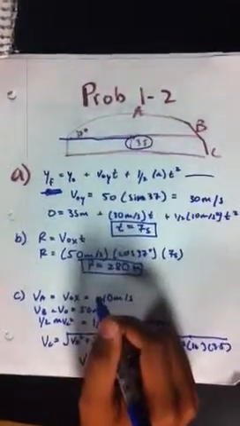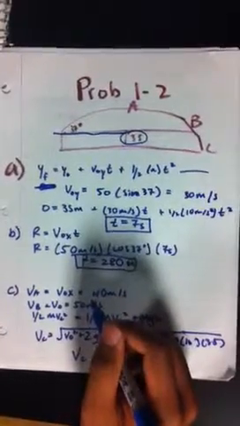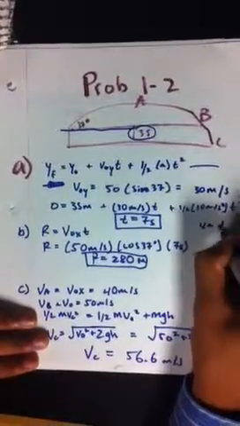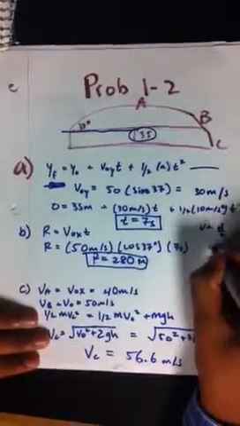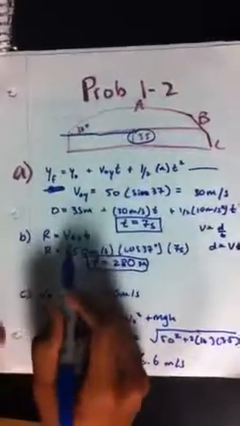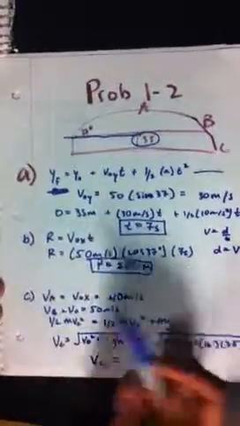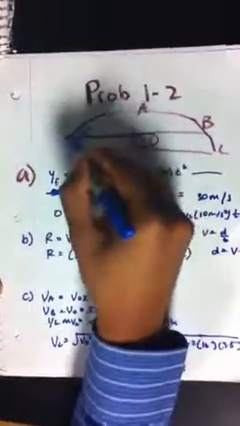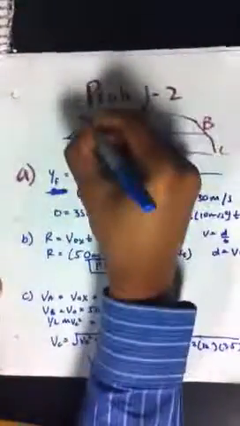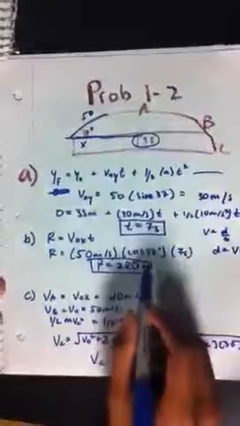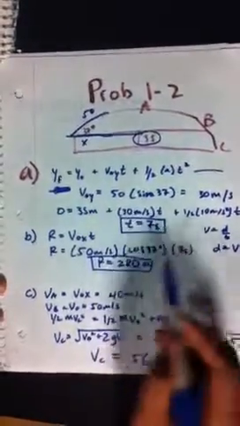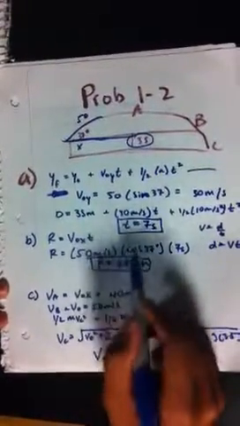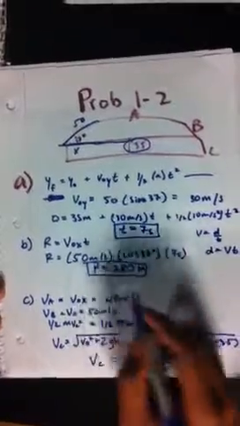For part B, it asks us to calculate the horizontal distance r that the projectile travels before it hits the ground. We can use the equation v equals d over t, and if you solve for d, you get d equals vt. So that's what we're doing here: the x component of the velocity times time. To find the x component of the velocity, you do 50 meters per second times cosine of 37, using the triangle right here. So this is cosine of 37, this is 50, and this is the x component right here. And to find distance you do v times t. So 50 meters per second times cosine of 37 times 7 seconds,